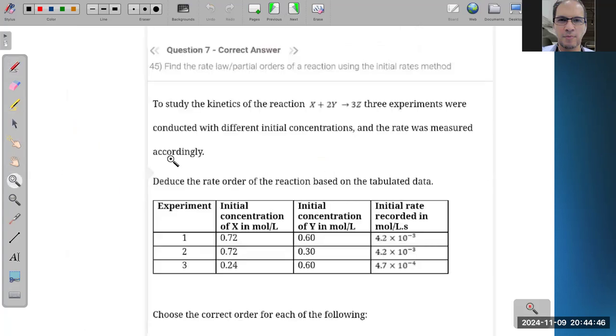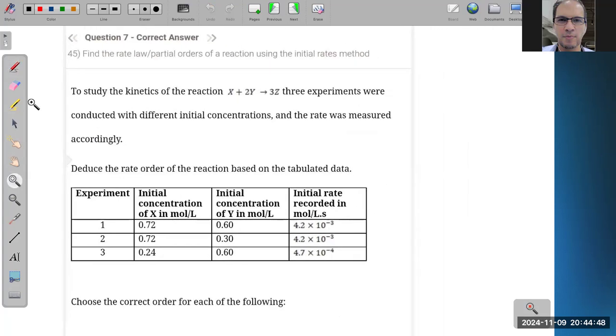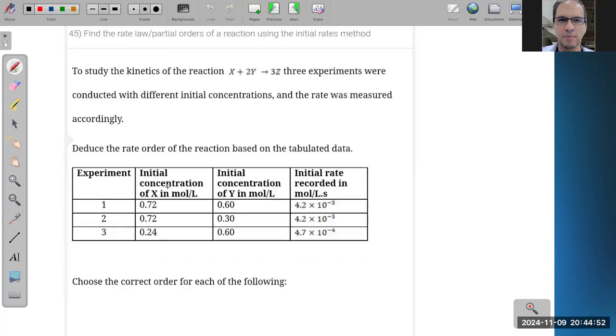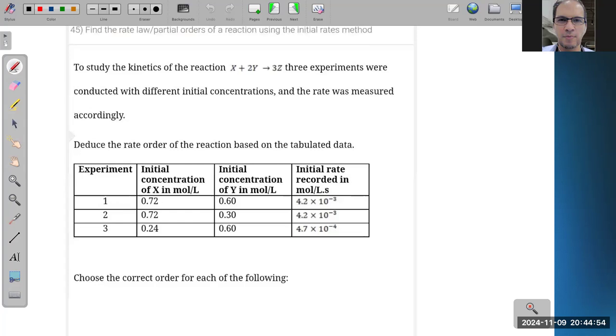طيب in such kind of equation to study the kinetics of the reactions, I will see two experiments in which one of them is changed and one is not changed. So I have 1 and 2. I have changed this one, the y, and the x is not changed. هلاقي ان انا لما قللت ده النص 4.2 changed into 4.2 ولا ما اتغيرتش, it's not changed. So is it dependent يا نديم on y ولا it's not dependent on y؟